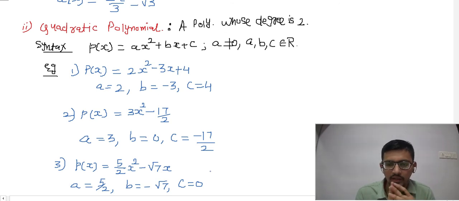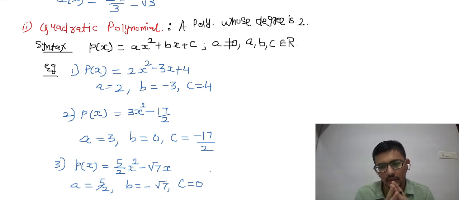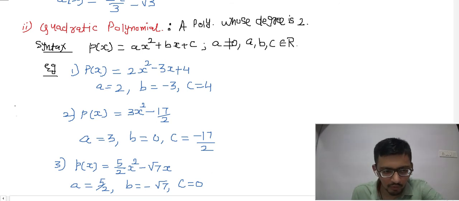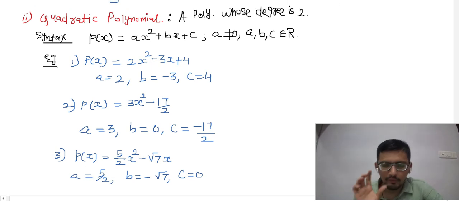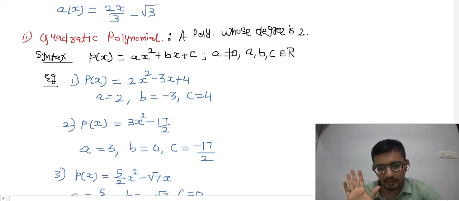Why all these examples I am writing? Because generally students get confused that quadratic polynomial means the 3 terms should be there. It's not like this. These I just wrote in standard form. Maximum 3 terms will be there, x square term, x term and constant term. But for a polynomial to be quadratic, having 3 terms is not mandatory. A degree 2 is mandatory.